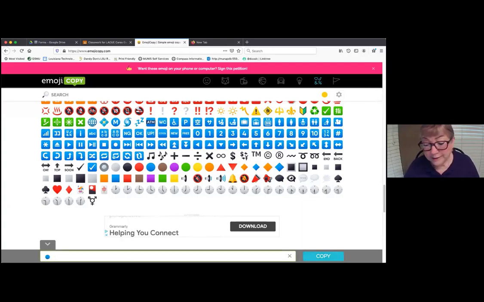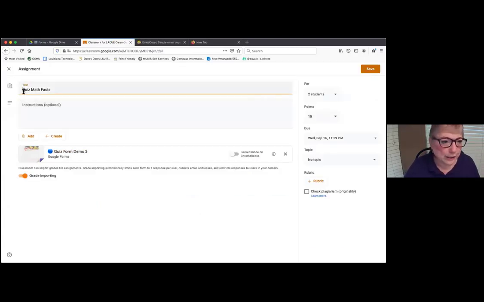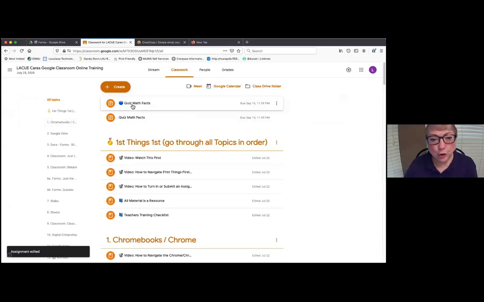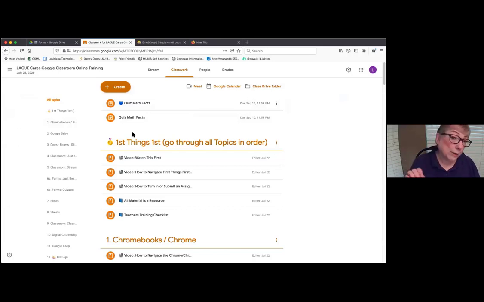So one way is to keep all your emojis on one slide page, and then you can just quickly go copy and paste when you need to. So when you do that, you can quickly see, you know that this is special and this is regular. So you've chosen your special students, you have different settings, and you have a different emoji to remind you who gets what quiz. And your students that are regular will only see the red button. They won't see that there's another quiz out for somebody else. So that's basically how I do forms.